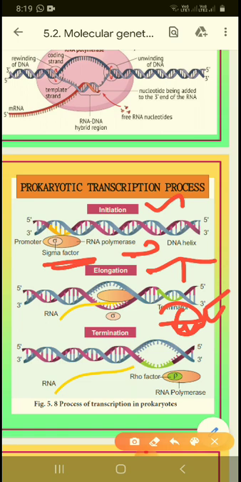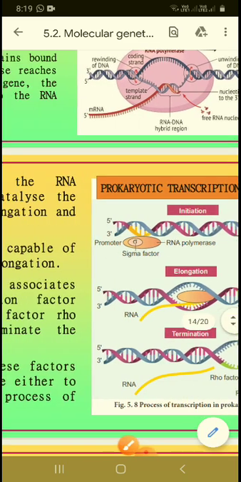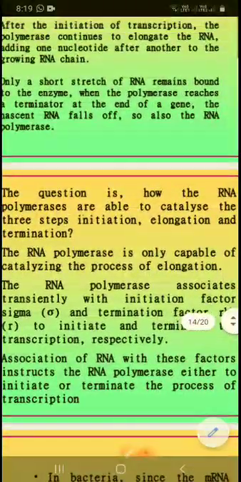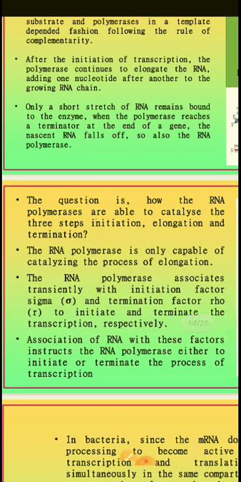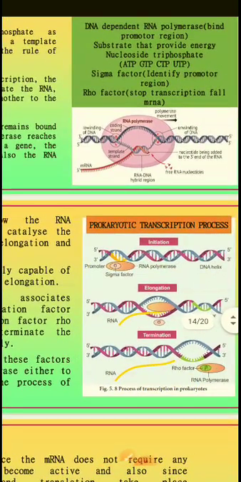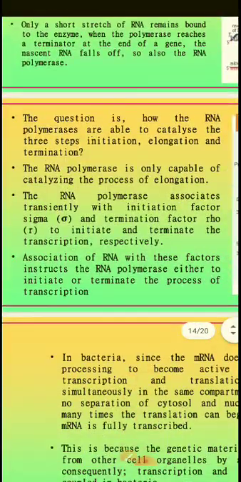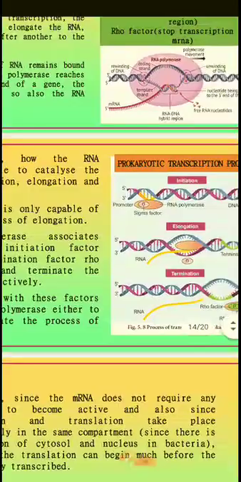The Rho factor, I told you about that before. So RNA polymerase is helpful for the remainder. This is the prokaryotic transcription process. The question is how the polymerase is able to catalyze the three steps: initiation, elongation, and termination. That's all about it. First it will be started, after that it moves forward through the process, and after that you cut it and